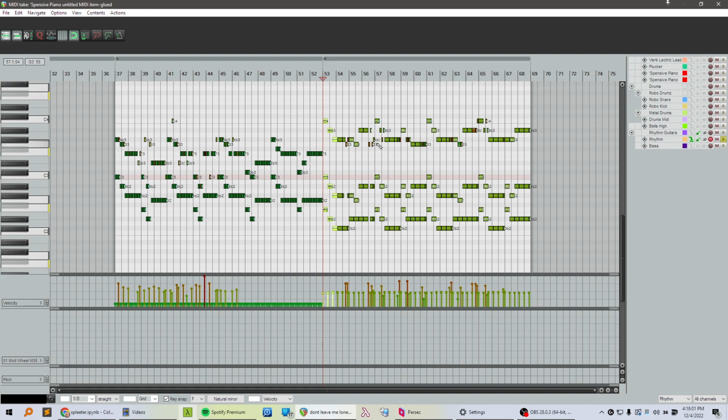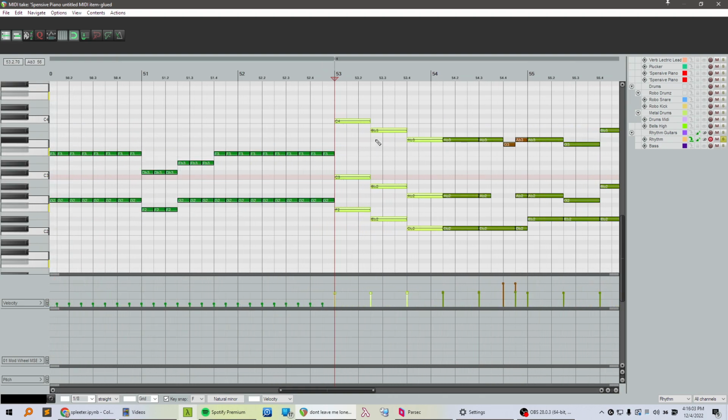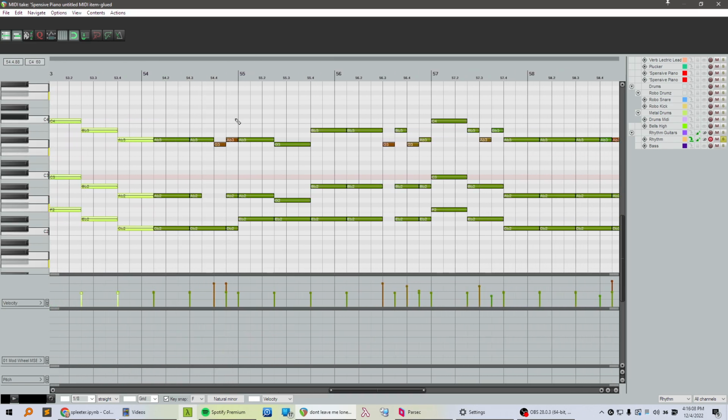Anyways, do the power chords, and then I go through and I add these little details in here, or I think maybe that's a little detail, I don't know, but you can hear.